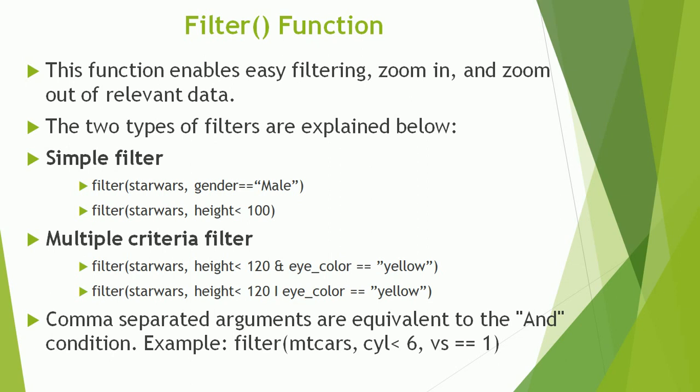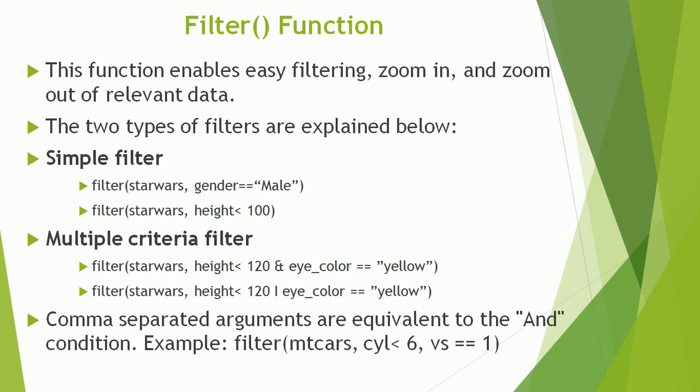Now when using an and function, you can either use an ampersand sign or, in other words, put a comma. So any two criteria which you have included by way of a comma, the comma is by default treated as an and operation. So in this case, even if you don't use the ampersand sign and you create criteria by comma, then that would be treated as an and operation.